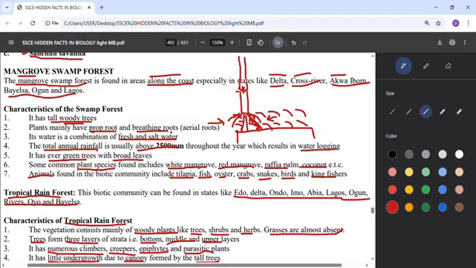And again, breathing roots. It's difficult to breathe in water, so that's why they need breathing roots, which they call pneumatophore, P-N-E-U, M-A, T-O, and P-H-O-R-E. So that's the breathing root. A swamp forest has a combination of fresh and salt water. The total annual rainfall in a swamp forest is above 2,500 millimeters, and it's always waterlogged, because remember it's a swamp.